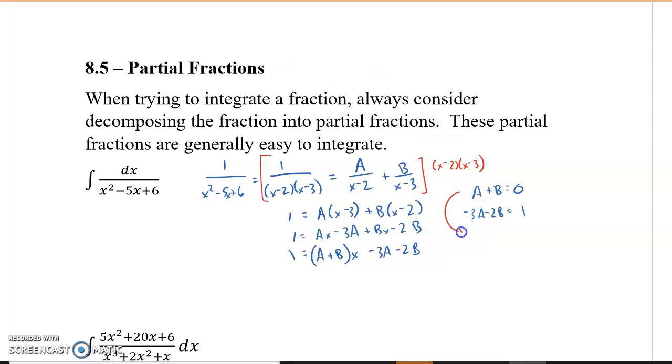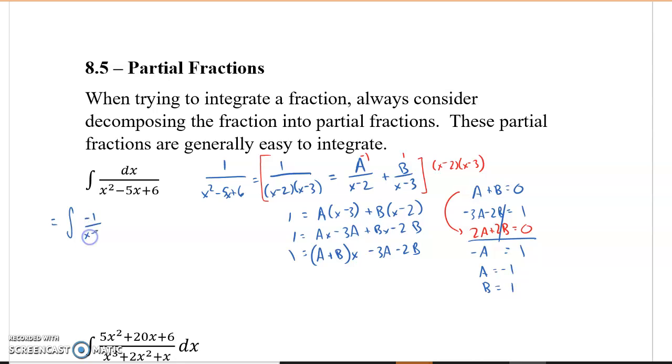I'll multiply the first one by 2 to get 2A plus 2B. That's going to make our 2B's go away. -3A plus 2A is -1A equals 1. That means that A equals -1, which means that B equals +1. So that means that our original fractions here have a -1 for our numerator on that one and a +1 for that one. So the whole point is we can now rewrite this integral as